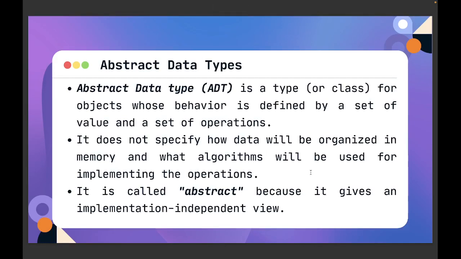Okay, let's talk about the abstract data type. So this is a type or class for object whose behavior is defined by a set of value and a set of operations. So it does not specify how data will be organized in memory and what algorithms will be used for implementing operations. So it is called abstract because it gives an implementation independent view. So ang nangyari ngayon dito,